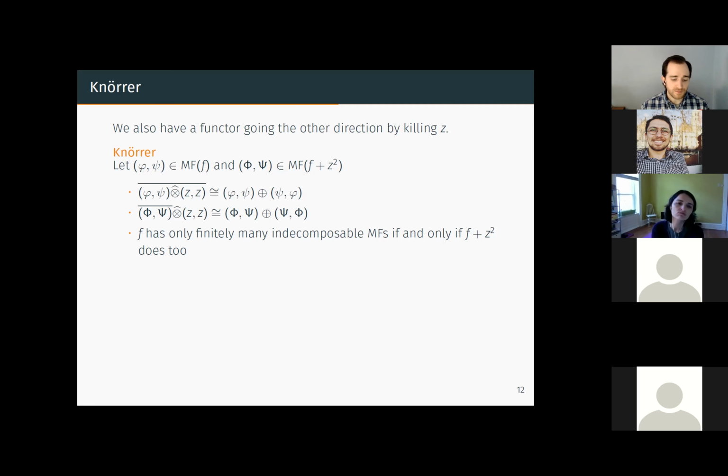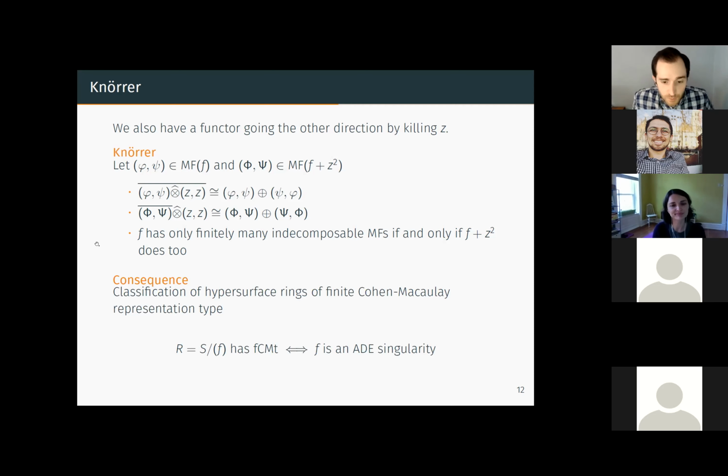But the next step of the periodicity is you do this process again. You add on another variable plus W squared or something like this. And in that case, you get even stronger results. But I'm not going to say anything about that, unfortunately, but this first step is what I want to focus on. And the whole paper due to Knorr, as well as another paper, what they eventually lead to